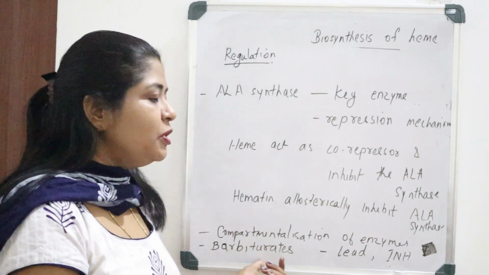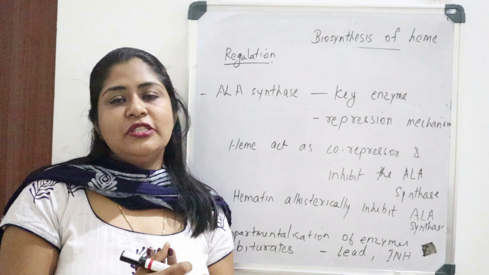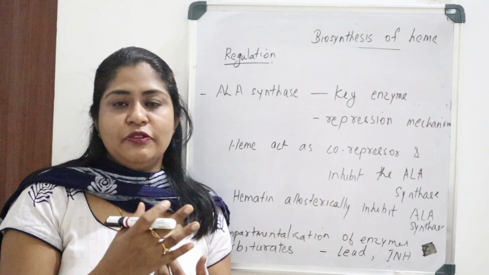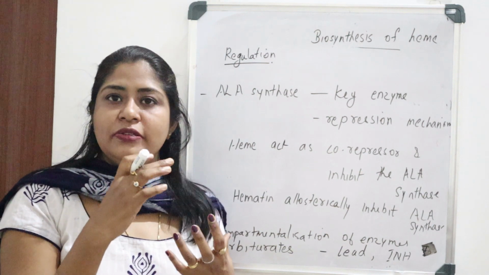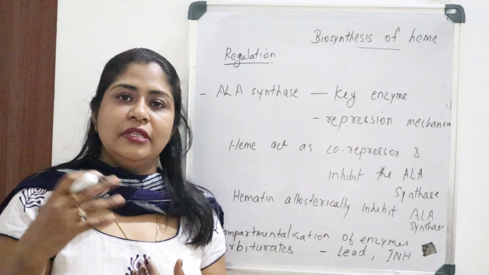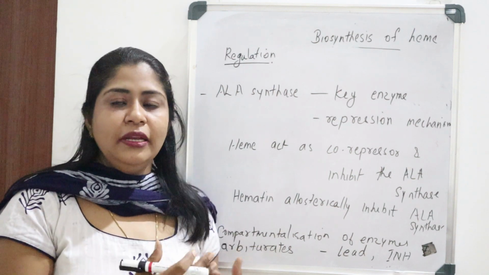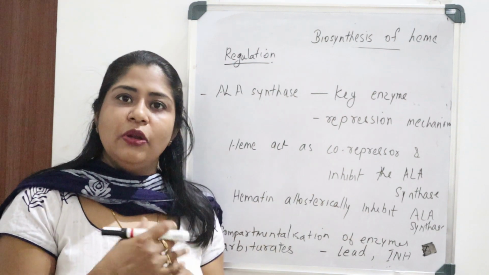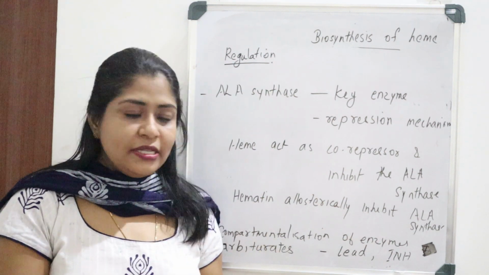ഇനി കമ്മിങ് ടു ദിസ് ബാർബിറ്റ്യൂറേറ്റ്സ്, സർട്ടൻ ഡ്രഗ്സ്. അപ്പോൾ ബാർബിറ്റ്യൂറേറ്റ്സ് ഒക്കെ എന്ത് ചെയ്യാന്ന് വെച്ച് കഴിഞ്ഞാൽ it requires the cytochrome P450 for its function. സോ ഈ സൈറ്റോക്രോം, അതായത് ഹീം പ്രൊഡ്യൂസ് ചെയ്യുന്ന ഹീം മോസ്റ്റ്ലി ഒരു 2/3 ഹീമും സൈറ്റോക്രോം P450 സിന്തസിസിന് വേണ്ടി പോകും. അപ്പോൾ അതാണ് ഈ ഒരു ബാർബിറ്റ്യൂറേറ്റ്സിന്റെ ഒരു ഇഫക്റ്റ് എന്ന് പറയുന്നത്. ഇനി കമ്മിങ് ടു ലെഡ്, ആക്ച്വലി ഫെറോകീലറ്റേസിനെയും ഒക്കെ ഇൻഹിബിറ്റ് ചെയ്യുന്ന സംഭവമാണ് ലെഡ്.